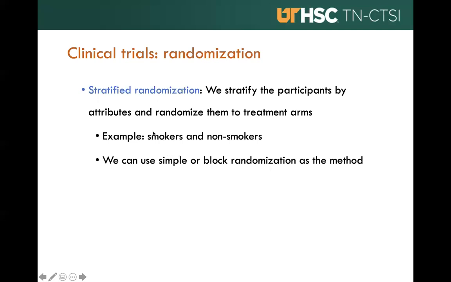So the intervention can be a drug, a surgical treatment or something else, or it can be behavioral. We can use simple or block randomization as a method after we conduct a stratified randomization. Another common form of stratified randomization is when we